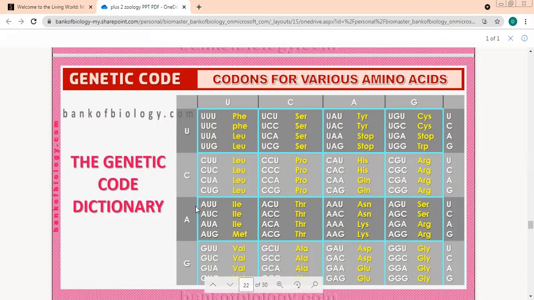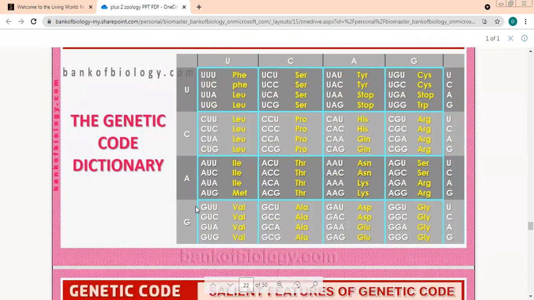If you remember, we had done dihybrid in class 10, when we used to prepare those Punnett squares. You remember? Just do it in that way. UCAG is all that you need to remember.